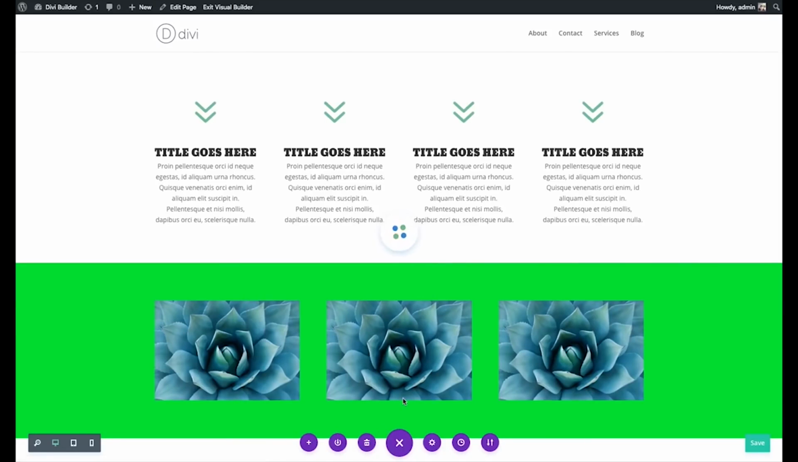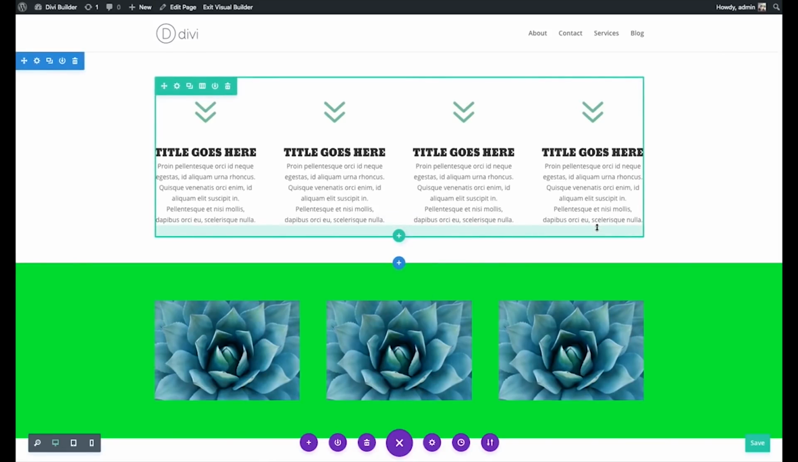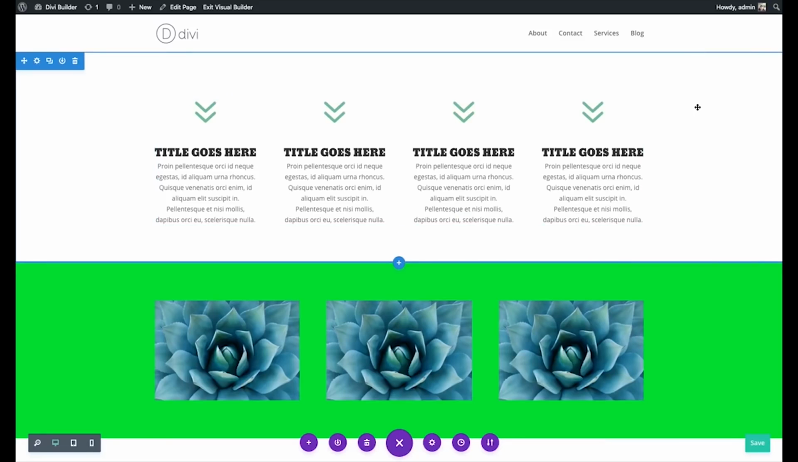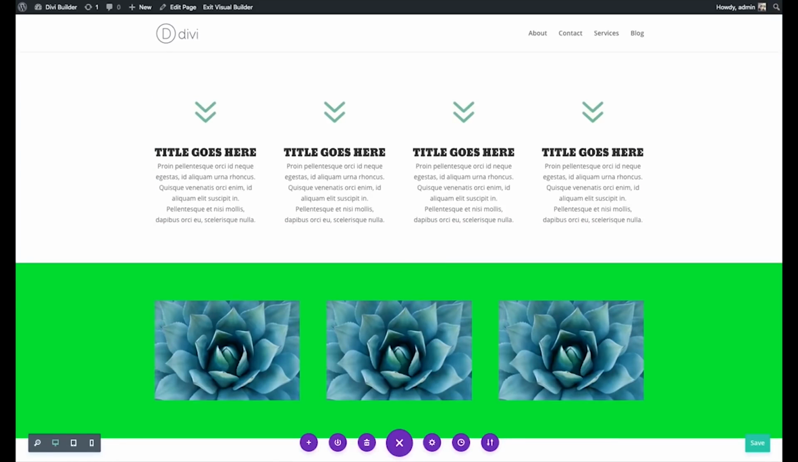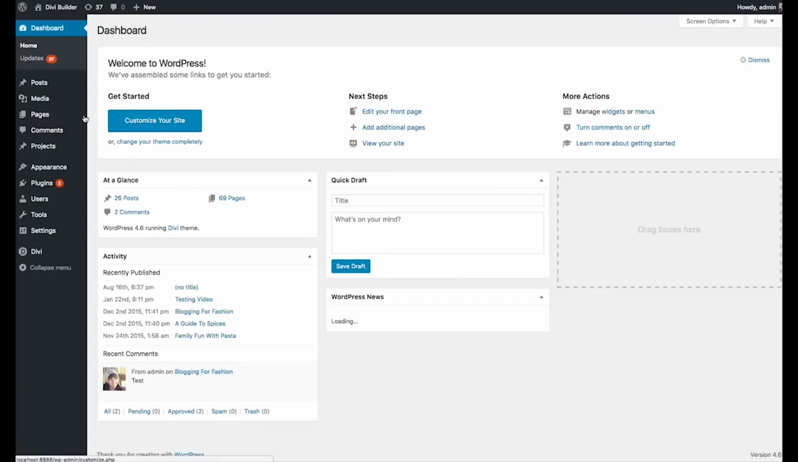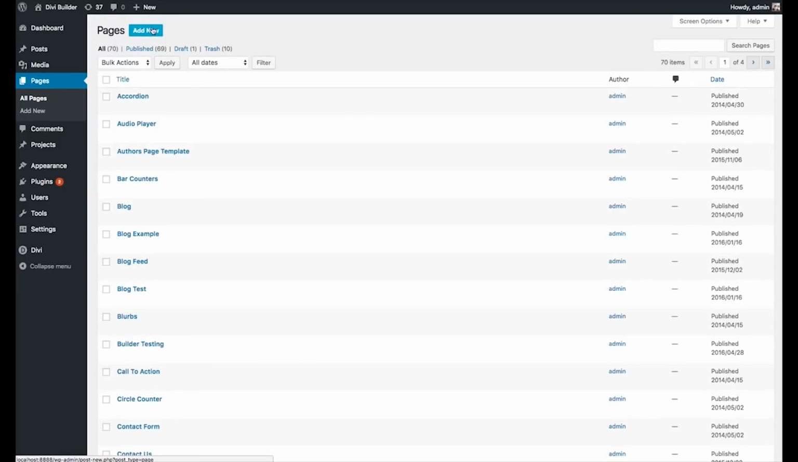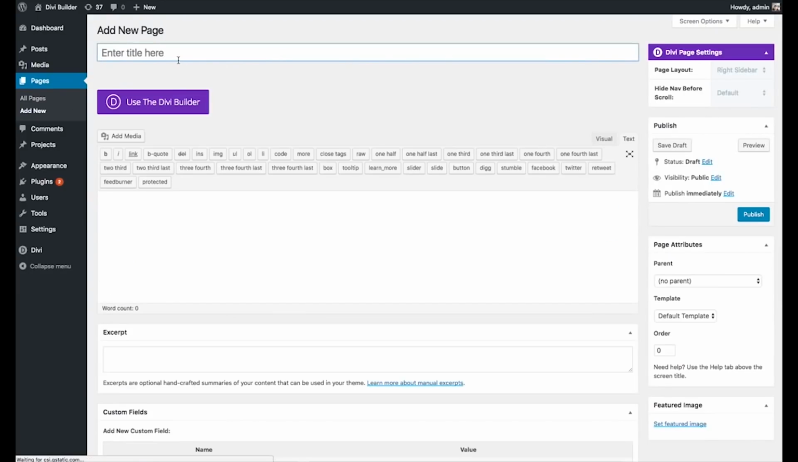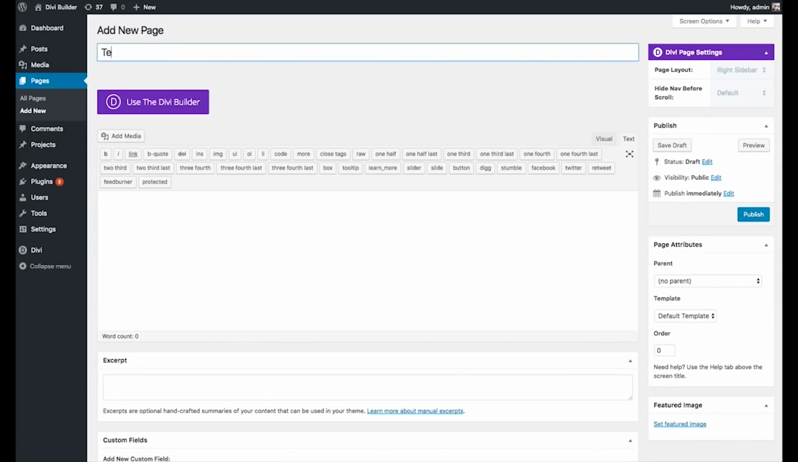I'm going to save this, and then if we're going to create a new page, you can load that up and start from this point. And so let's go ahead and do that. Let's add a whole new page. Let's start fresh and create a new page with the Divi Builder. So I'm going to head back into my WordPress dashboard, head over to Pages, click Add New, call it Testing,